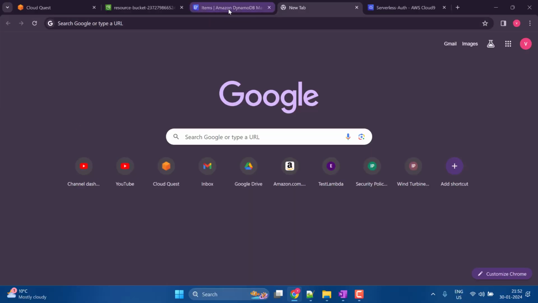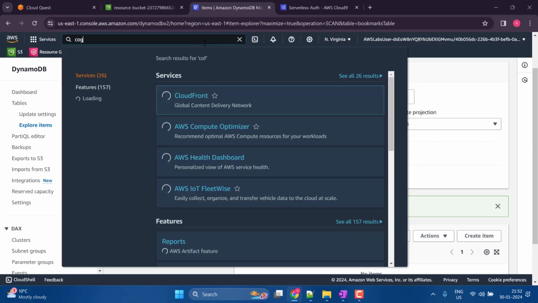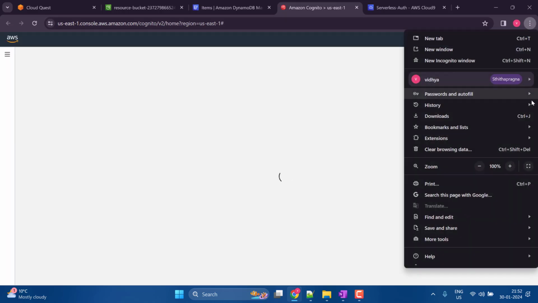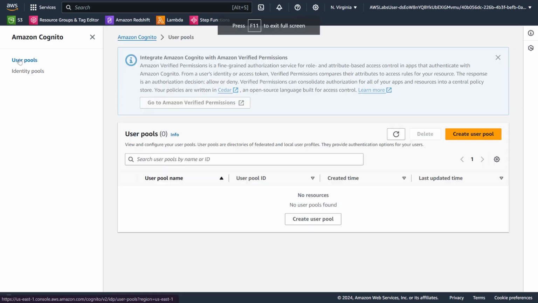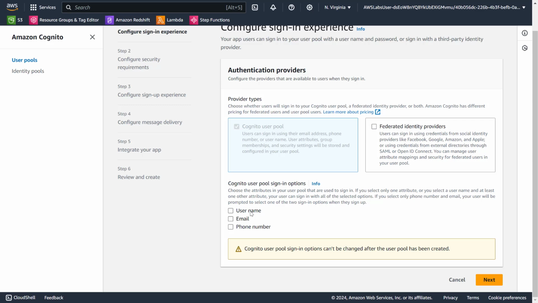Now we are going to go to, oops, that's not what I wanted to do. I don't know why I opened that. Let's go to Cognito, because that's the superstar of this particular project. Go to user pools, create user pool, and we are going to click username,